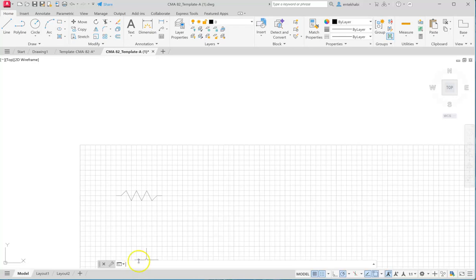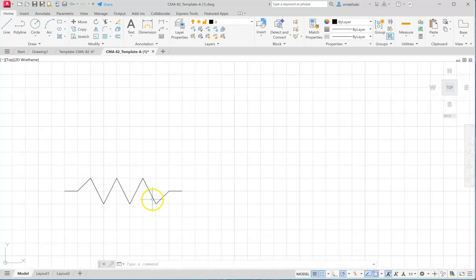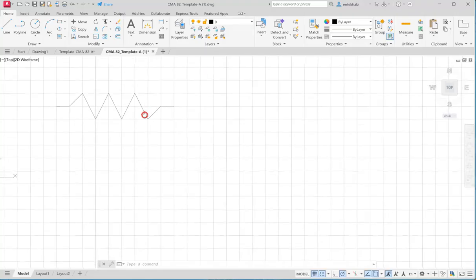snap and grid are set to 0.1. That gives you a more convenient and efficient way to draw these figures. In this case, I have already created one. I'm going to just erase that and start over with another one. I'm beginning with the line command, but before that, I need to make sure that my grid and snap spacing are set to 0.1, by typing grid.